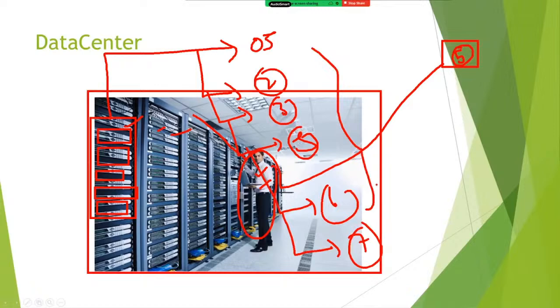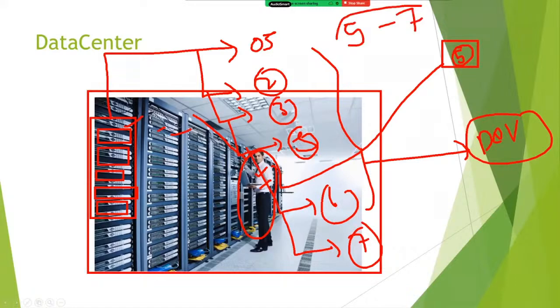Once the servers are built as per policies, rules, and regulations, then these servers are handed over to the development team. To complete this process, minimum it will take 5 to 7 days, a basic minimum scenario.